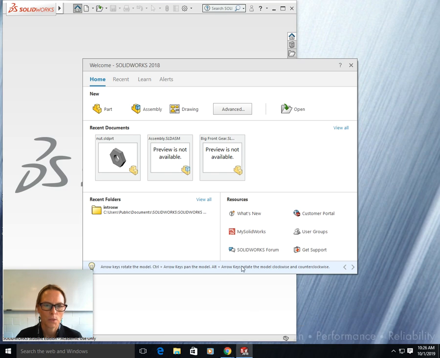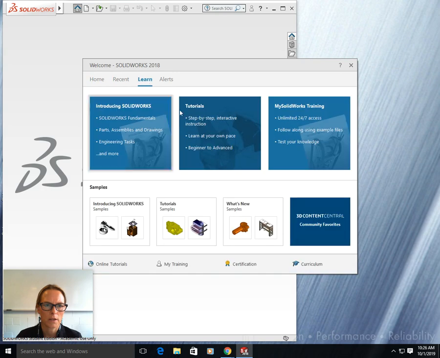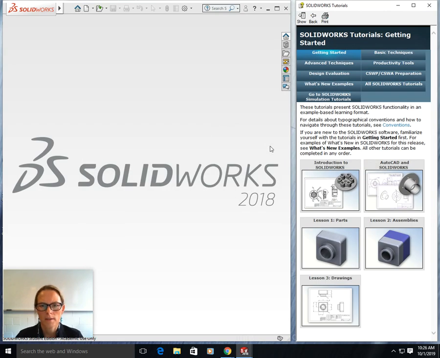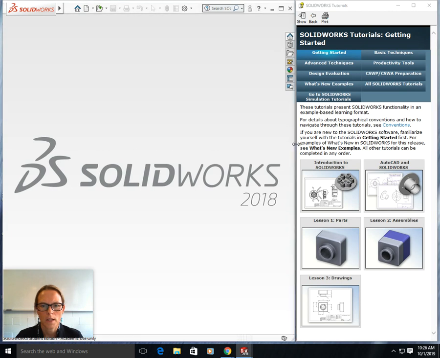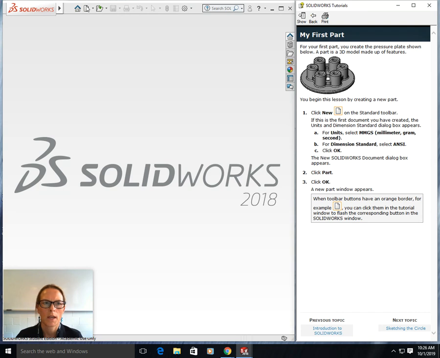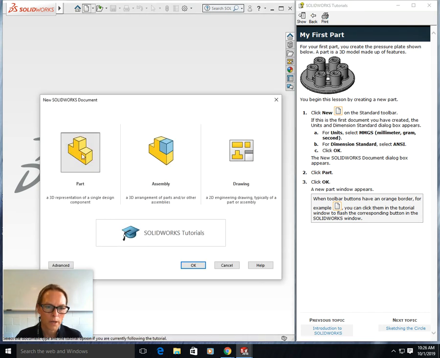Okay, so I just opened up SolidWorks, and the welcome screen opened up for me. I'm going to click on Learn and the blue tutorials in the center. When it opens up, it still says SolidWorks 2018 on my screen, and there are no toolbars at the top or anything. So I'm going to continue with this 1 hour, my first part. I click on New, Part, OK, and then